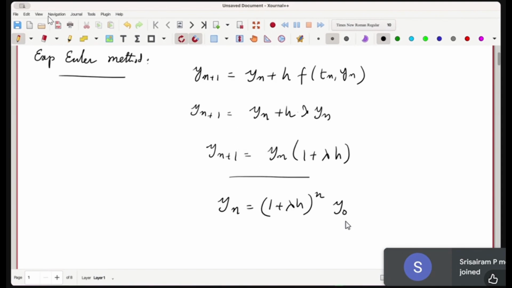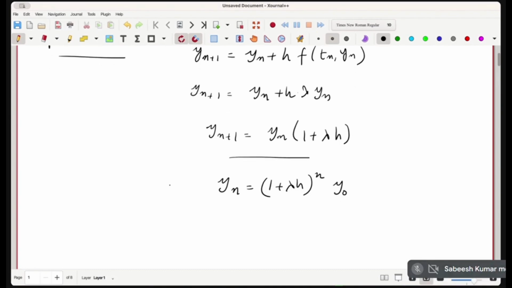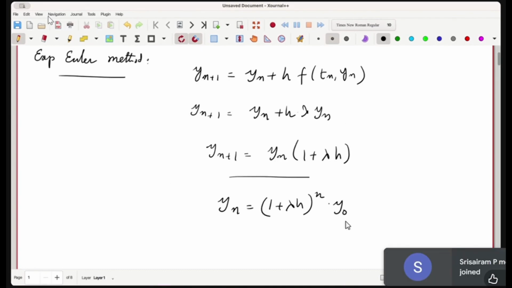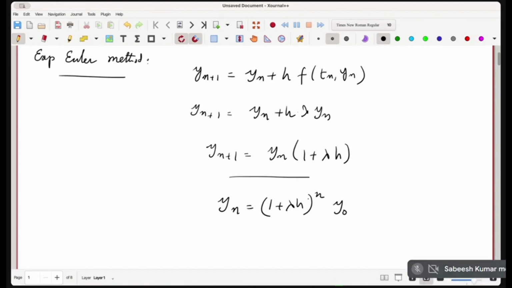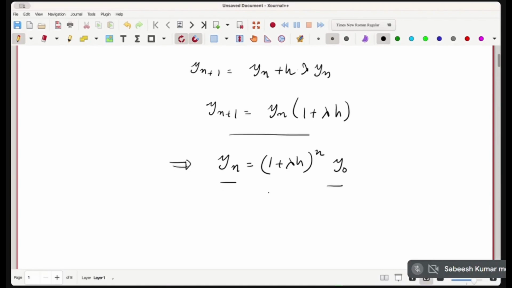y2 from y1 and so on, then y2 with respect to y0 can be written as 1 plus lambda h square. Similarly, if you were to write in terms of yn, in terms of y0, so let's say this is the initial profile that is given, initial value, then it is going to be 1 plus lambda h to the power n times y0. Okay, then we said